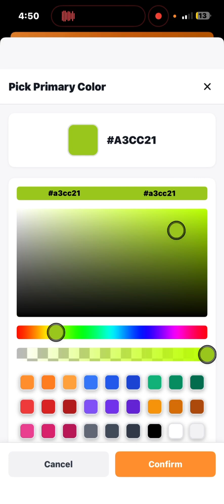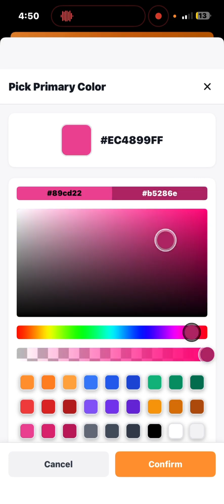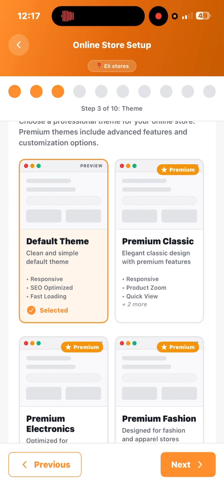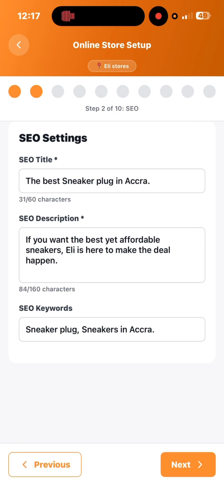Yes, so these are the colors you get. So you can play around with them and then choose the ones you want, and then you confirm. But usually you can come back and change any other thing you've done. For instance, all these previous ones you've done, you can go back, or you can always come back